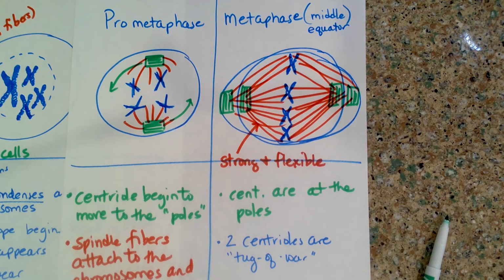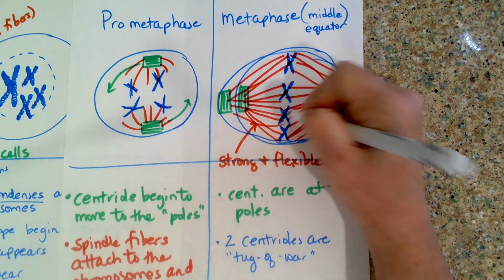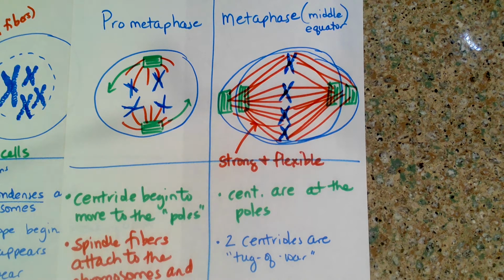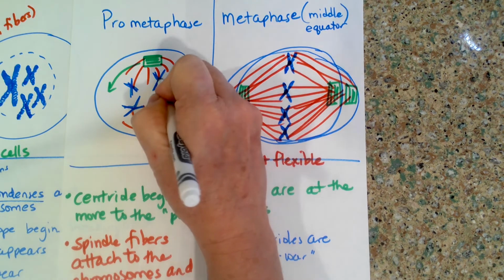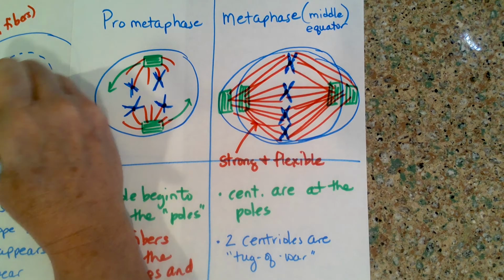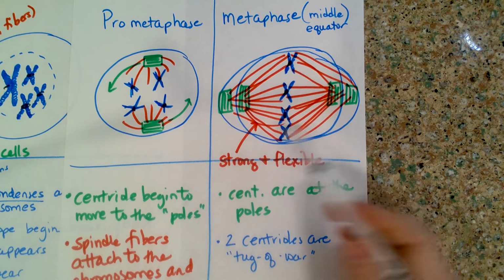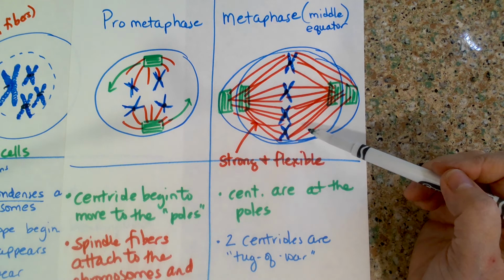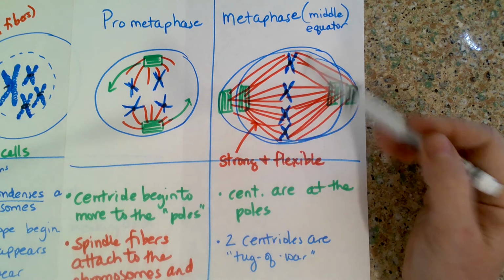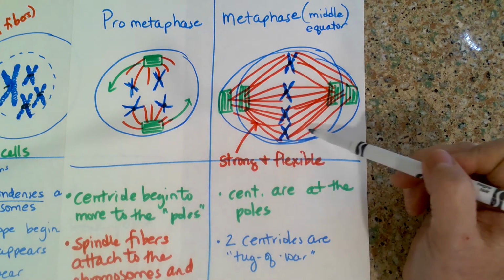Now, from the first video, I believe, I showed you that a chromosome is two sister chromatids held together in the center by a protein disc. Okay, so this protein disc has a very important role. It is keeping these sisters together so that the centrioles can get everybody lined up. And as soon as they get lined up, we're going to actually rip these sisters in half, which sounds terrible, but you want to make sure that